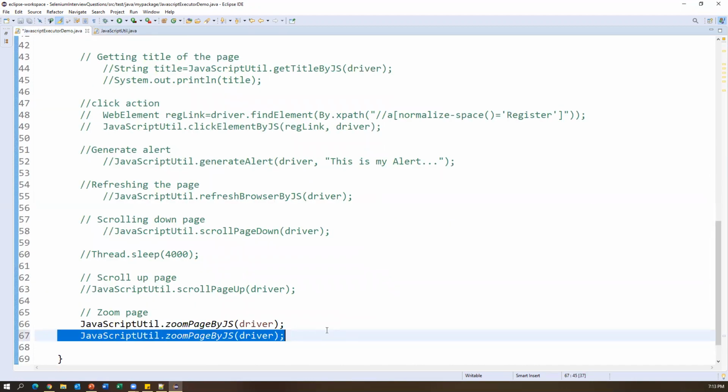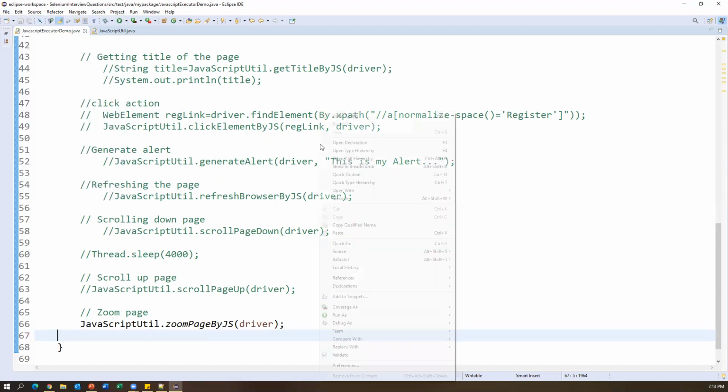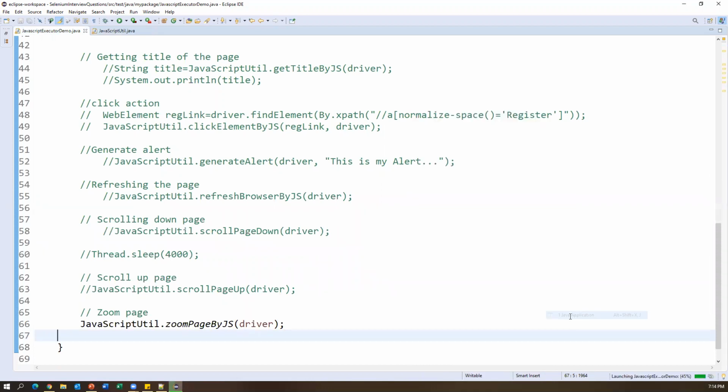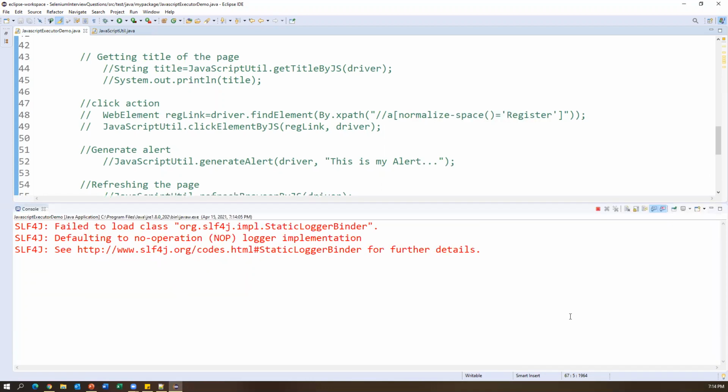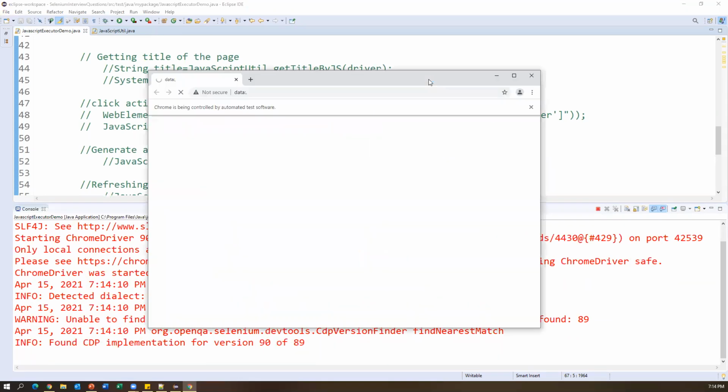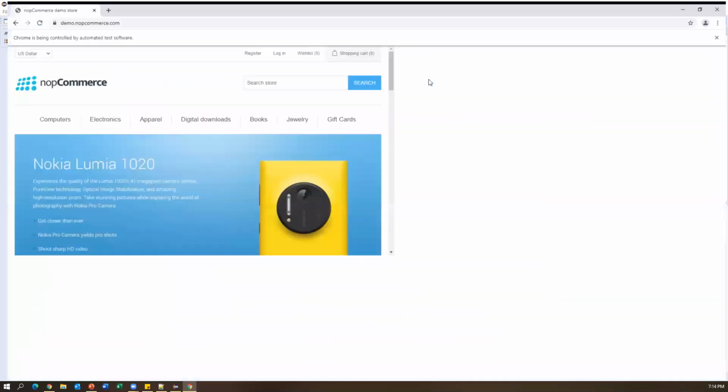I'm calling it only one time. By default 100% will be there. If you want to increase to 150, you can increase. Now let us execute and see. I already made it 150%, saved it, then came back and executed. Now it has started successfully, launching my application.